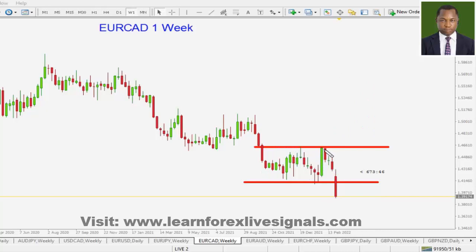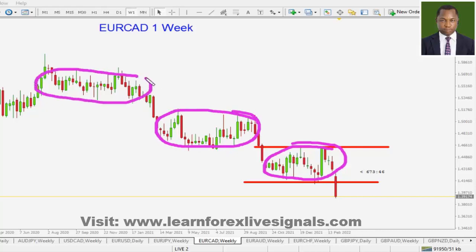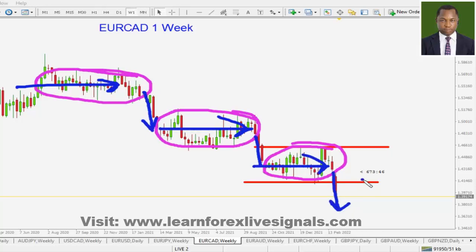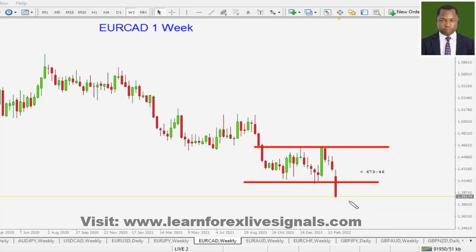What we really do not want to see in these charts is too much hesitation, and it seems that is what the euro against the Canadian dollar has been doing for quite some time. It goes into range, it gives a breakout, then it goes into range again, then breakout again, range. We have gotten another breakout. Well, we will keep searching to see if we find any valid opportunity out of this pair as the breakout has happened. Again, another good hint for us to come back trading.